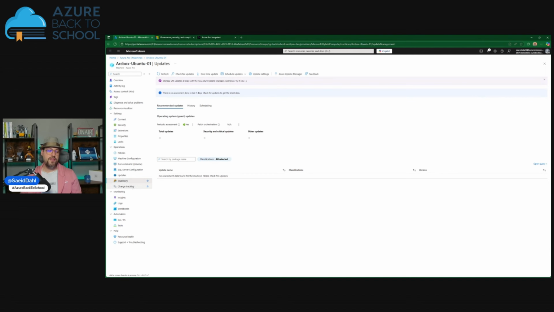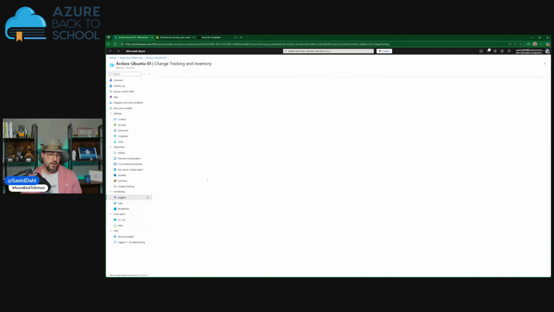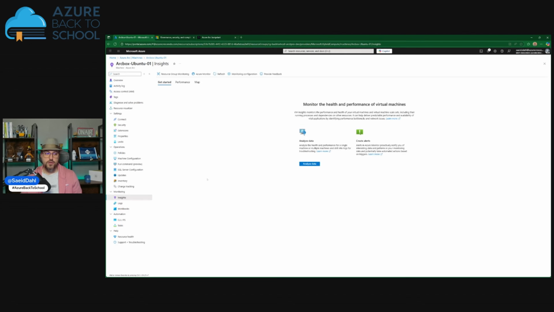Then we have these two, inventory and change tracking. For inventory and change tracking, for example, you can create some specific inventory options for your application and services that you have, or you can enable change tracking for your specific application path or folder. If a change happened in your application or source of the file, you can definitely get some information from your service. And then inside, definitely you can use App Insight for your Arc enabled server, which gives you